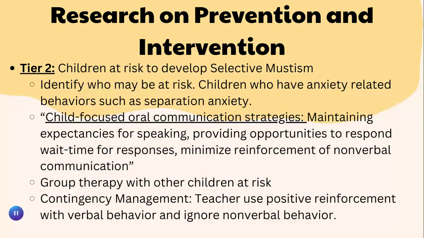Now getting to tier two. Tier two is for children who are at risk to develop selective mutism, but they don't have selective mutism or don't meet the criteria as of yet. First, we want to identify who may be at risk. An example could be children who have anxiety-related behaviors, such as already suffering some separation anxiety, for example,